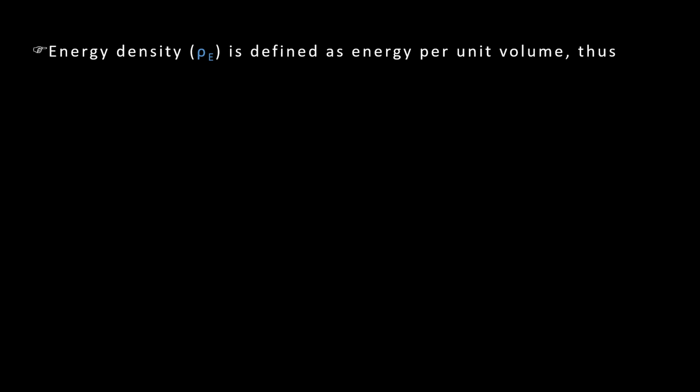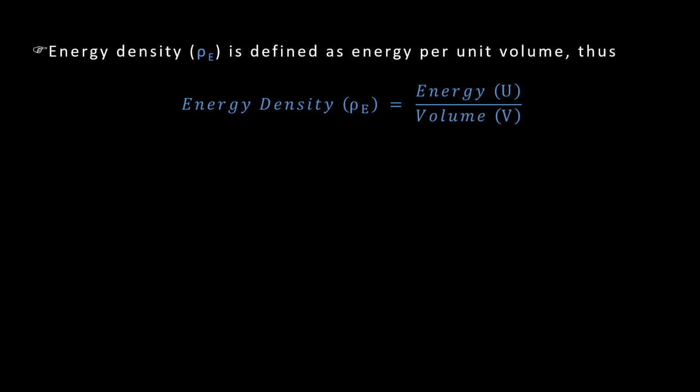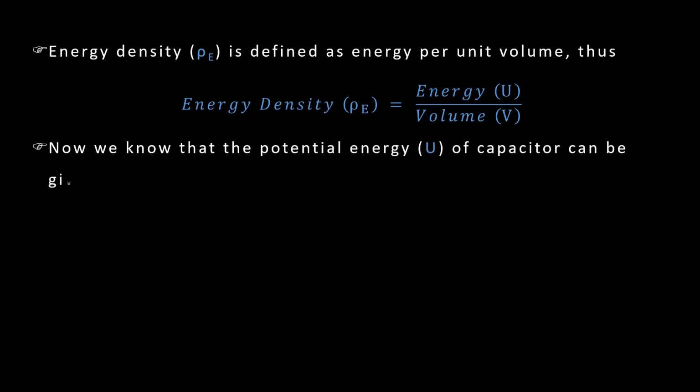And how do we find out energy density in case of parallel plate capacitor? So we have the energy formula available now, and we also know volume. Volume of the parallel plate capacitor is nothing but area into distance between the plates. So for energy, we have three expressions: half QV, half CV square, and half Q square by C. In the expression for energy density, we can use any of the three. We'll choose half CV square, and we'll replace C with epsilon 0 A by D. We'll simplify and let us see what we get.